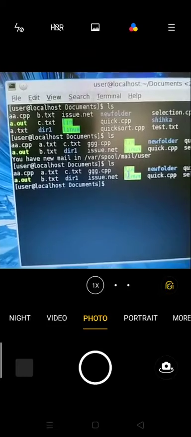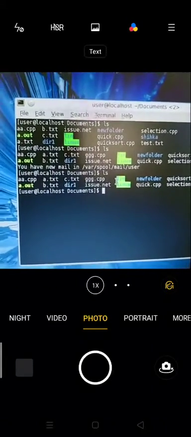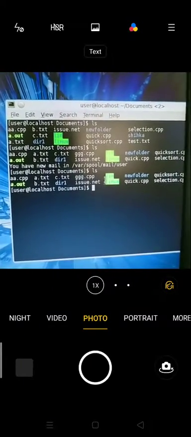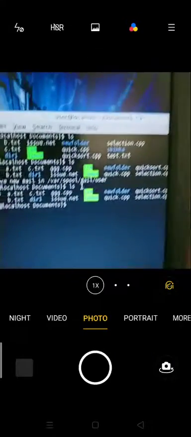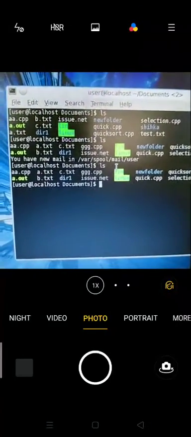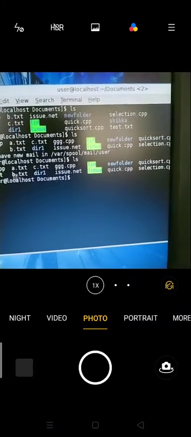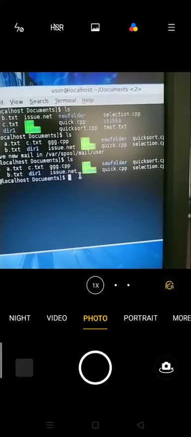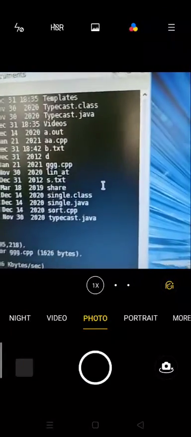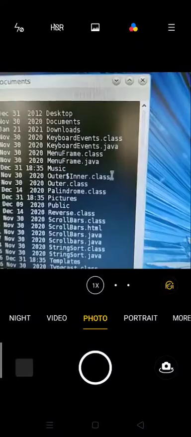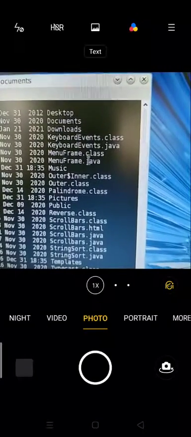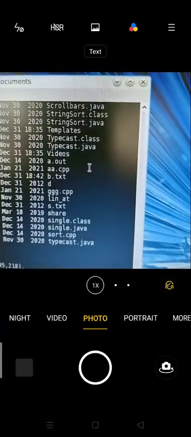And similarly, we can send a file from client to server. See, these are the files available in the client system, and I want to send any one of the files. For example, I want to send quick.cpp. That quick.cpp is not listed in the server system. First check whether quick.cpp is already in the server system. It is not in the server system.